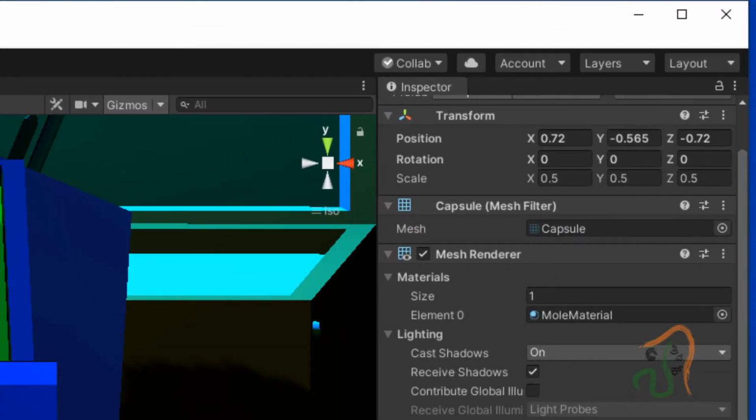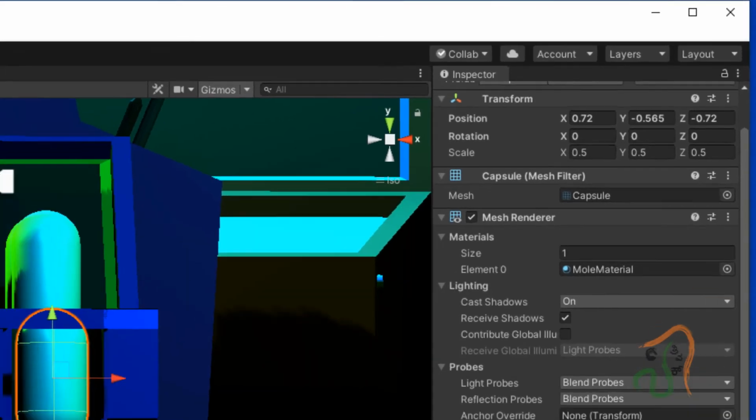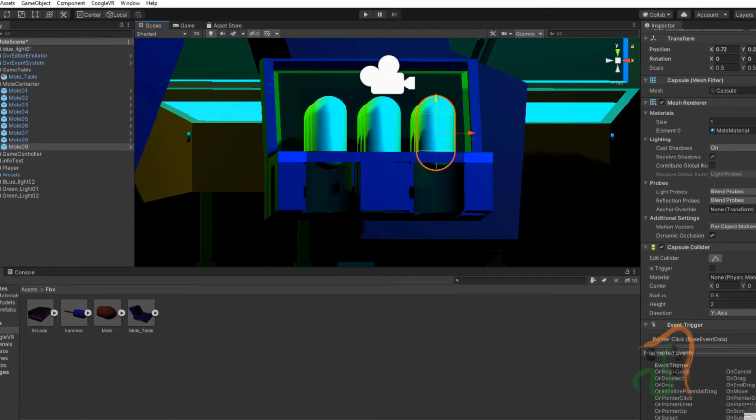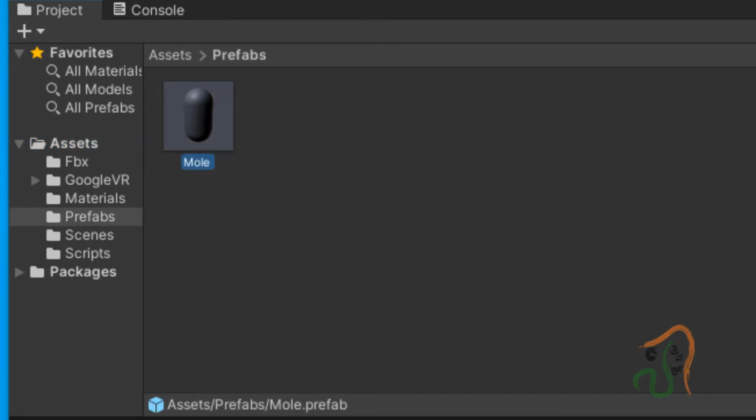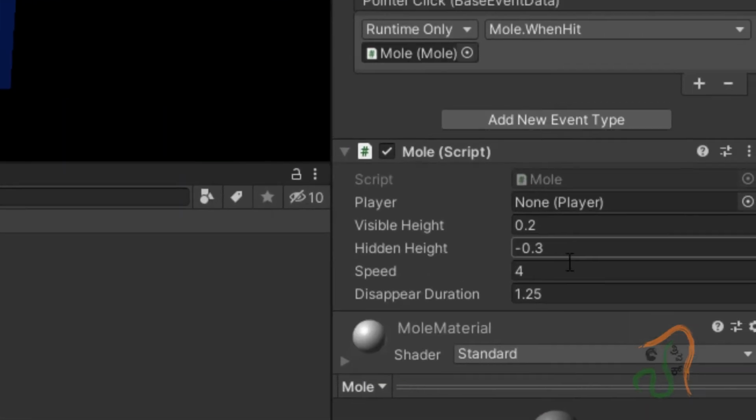Okay, almost minus 0.6. So what we shall do is edit, undo, move, and now in assets come back to your prefabs folder, select the mole, and in this mole set the hidden height. Instead of minus 0.3 we are going to set it as minus 0.6.